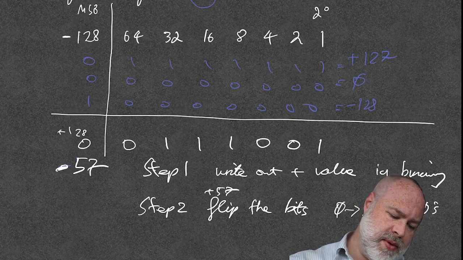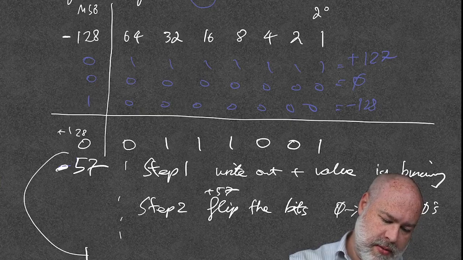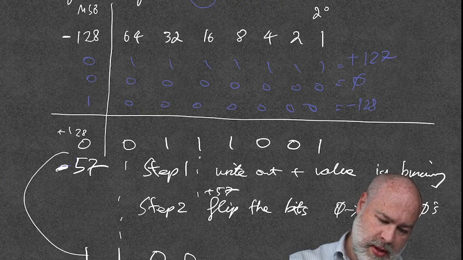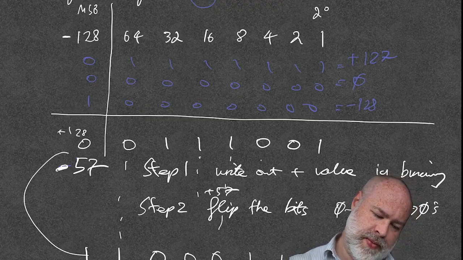So let's flip the bits. I'm just going to do it down here if you don't mind. So that 0 becomes a 1, that 0 becomes a 1, that 1 becomes a 0, that 1 becomes a 0, that 1 becomes a 0. Then we've got 1, 1 and a 0. Okay? And then step 3